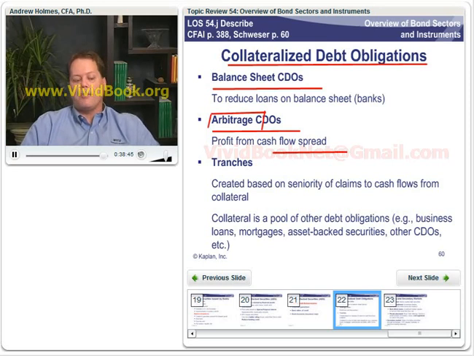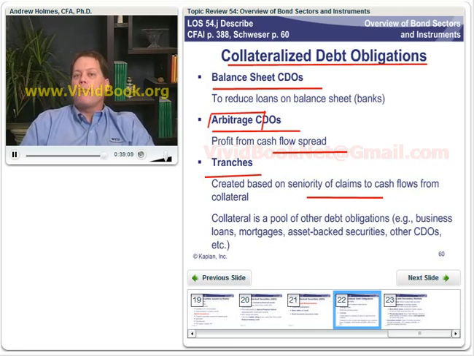Okay, they can be based on the seniority of the claims against the underlying assets. That would be a very common way to do it, but in addition to default losses or defaults, we could also tranche away the timing of the cash flows, just like we talked about with a normal mortgage-backed security as we moved into the CMO discussion. All right.